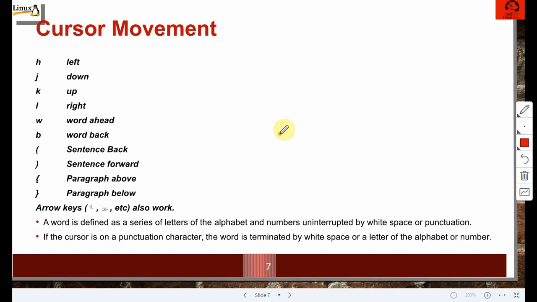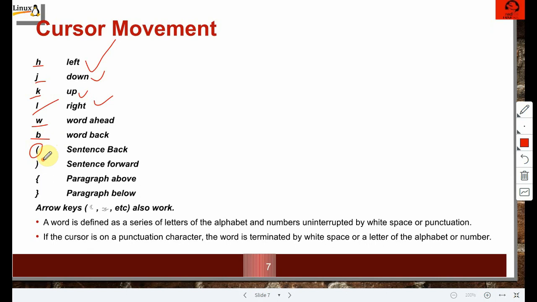And these are the cursor movement commands. To move the cursor from the command mode, I repeat, from the command mode, to move left, down, up, right you can use H, J, K, L. If you want to move word by word ahead, you can use W. To move word by word back, B. From the command mode, to move back one sentence, you can use parenthesis open.